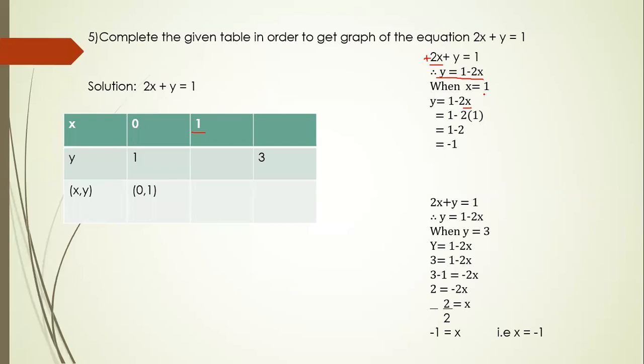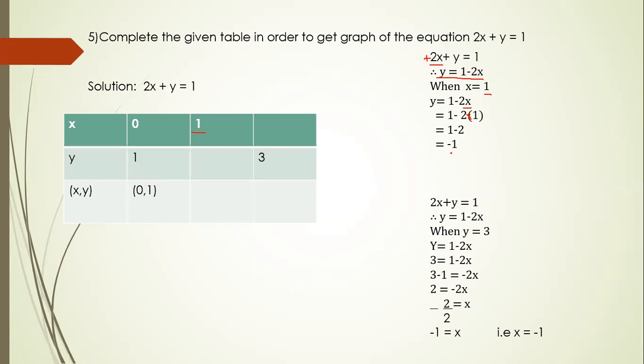And the value of x over here is 1. So in place of x, we are going to write 1. In the next step, we are going to multiply these two numbers. So this 1 copy as it is, this minus also copy as it is. Now 2 into 1, that is 2 ones are 2. So 1 minus 2, what will be our answer? It will be minus 1.